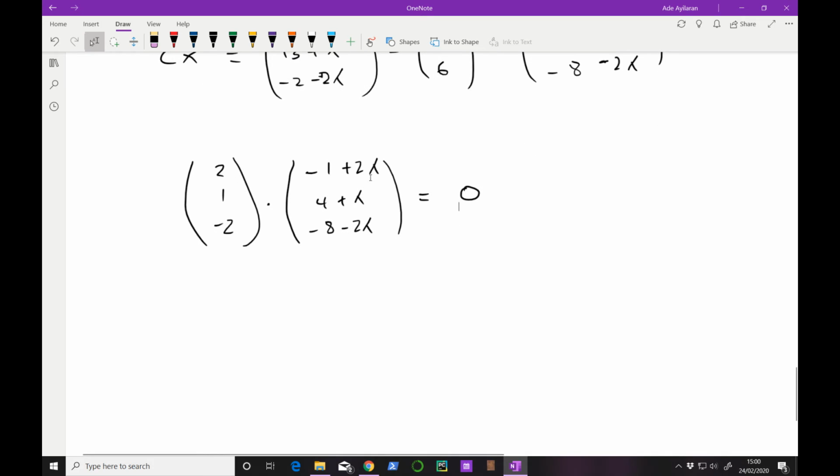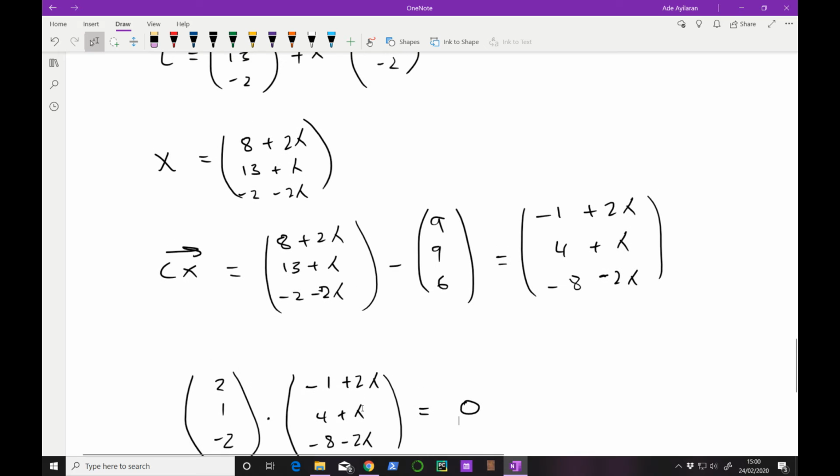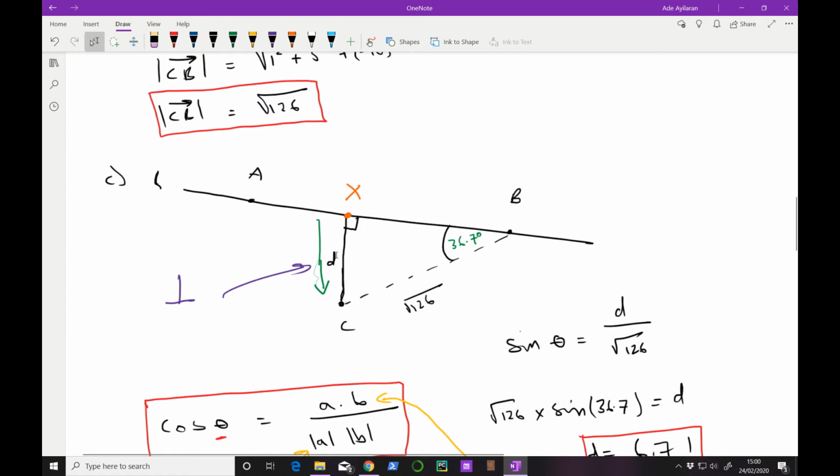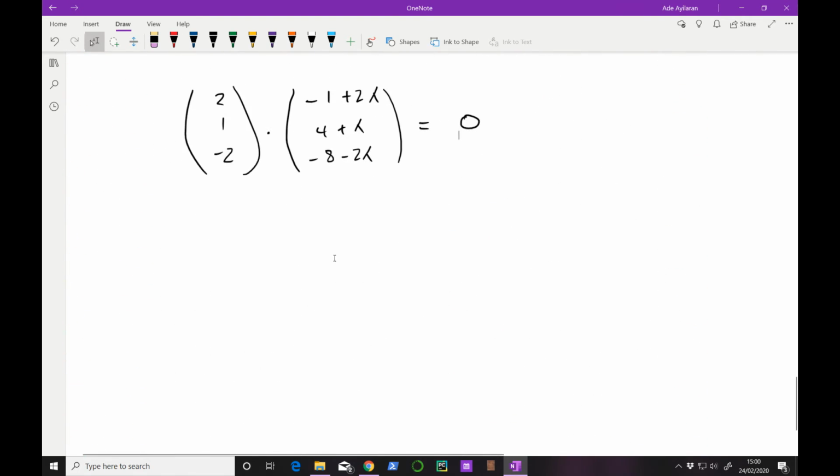So we have an expression here where we can work out what lambda is, and then once we've worked out what lambda is, we can substitute that back into any one of these to find out their respective vectors. So once I find out what lambda is, I can plug it back into here to find out what the position vector x is, or I can plug it back into here to find out what the direction of CX is, and then use Pythagoras to find out the magnitude of CX, which ends up being my value d here. Okay, so let's do the dot product, and we get an expression